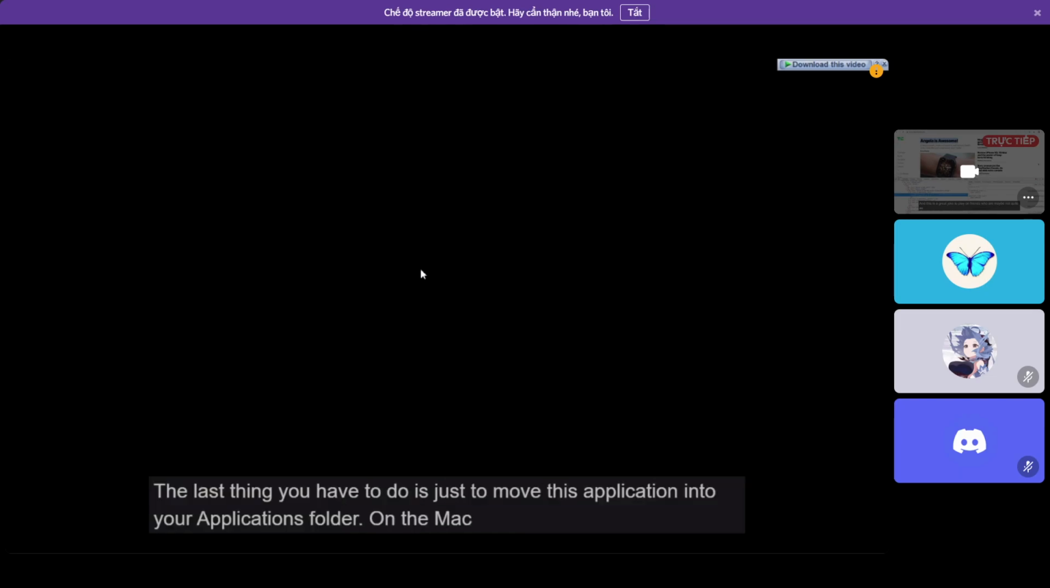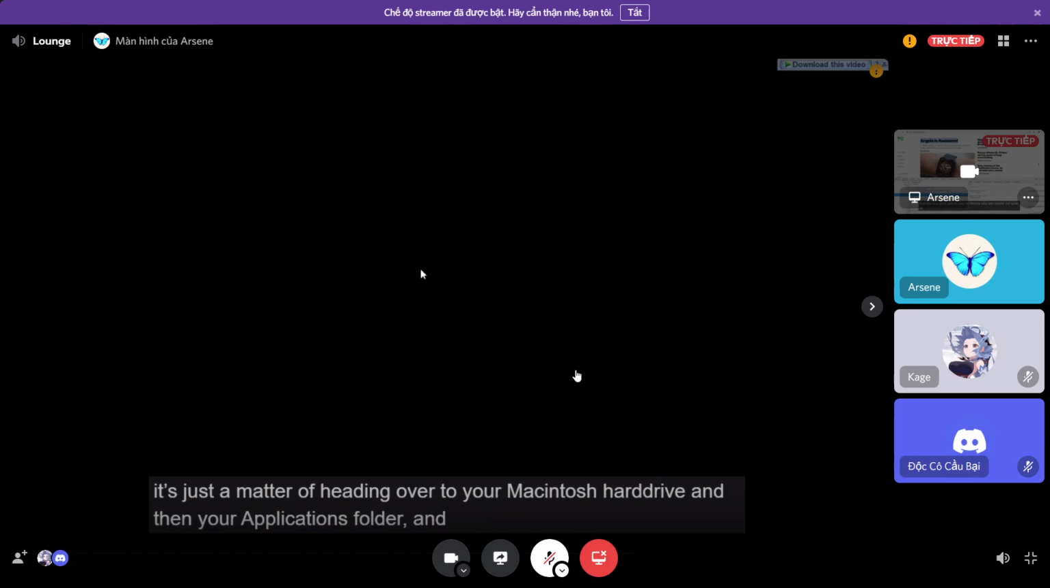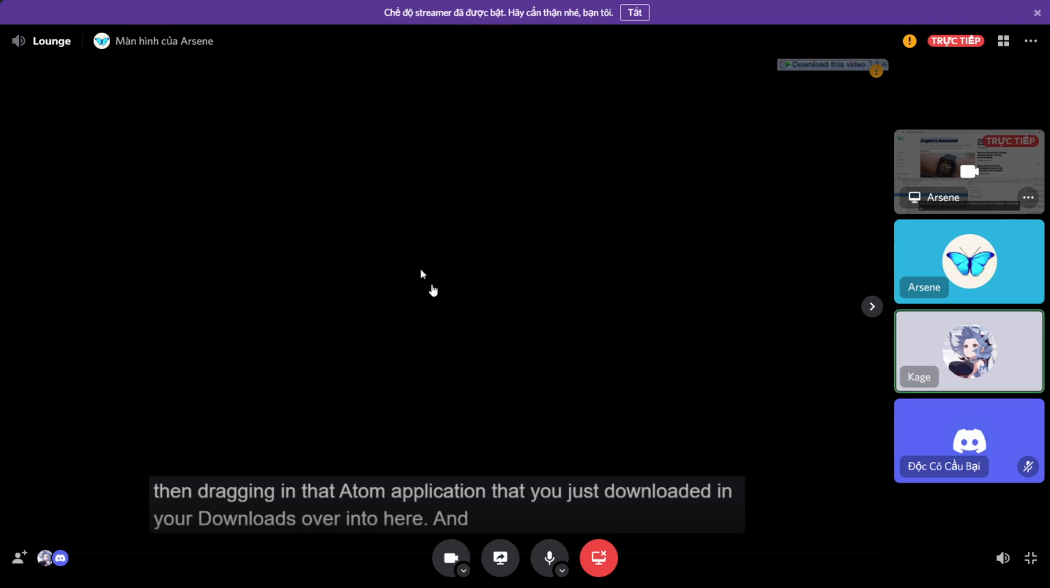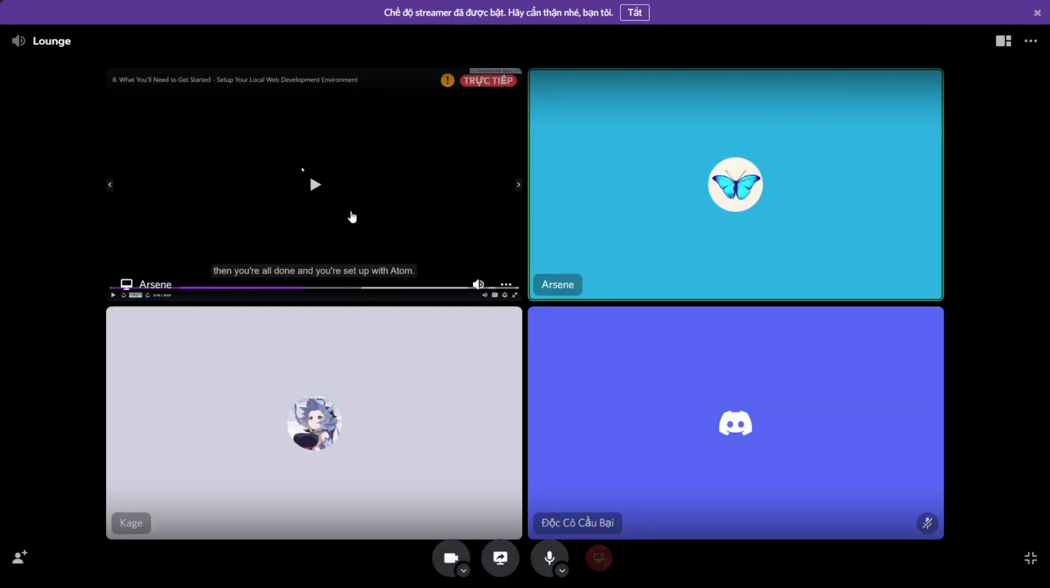The last thing you have to do is move this application into your applications folder. On the Mac, it's just a matter of heading over to your Macintosh hard drive and then your applications folder, and then dragging in that Atom application that you just downloaded in your downloads over into here. And then you